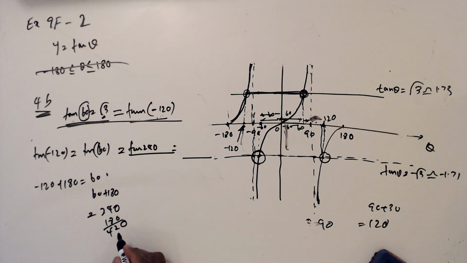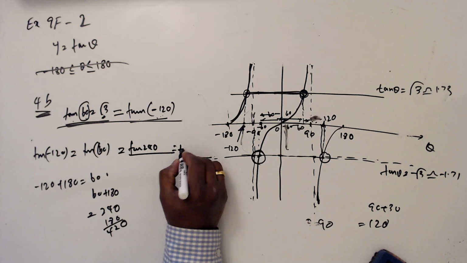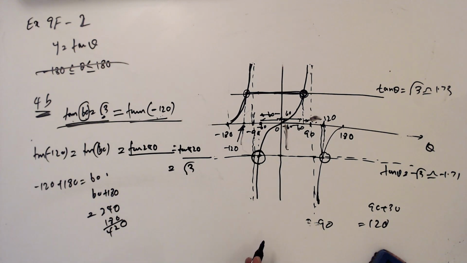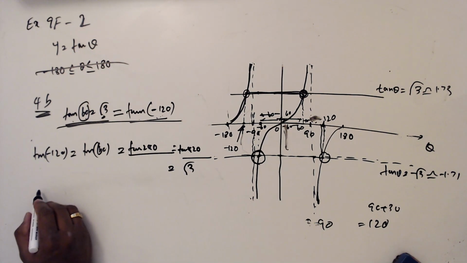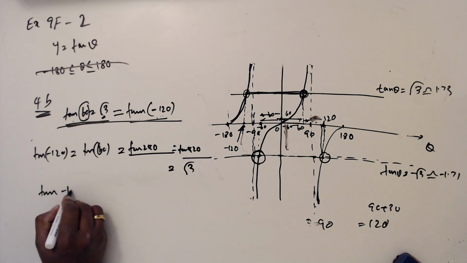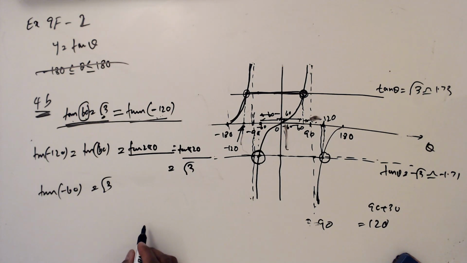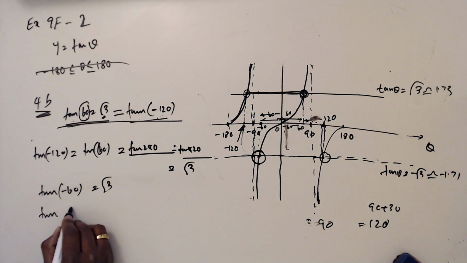It means 420. Tan 420 also gives square root 3, same as tan minus 60 is minus square root 3. If you want to go further right, add 180 if you need more values. Tan minus 60